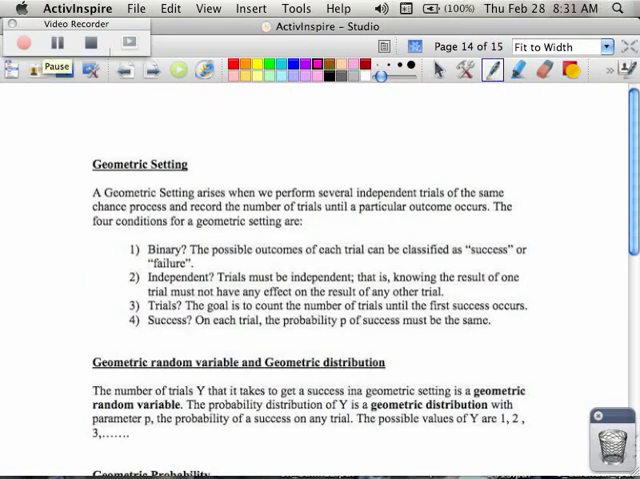Okay, so the great news about geometric is it's extremely similar